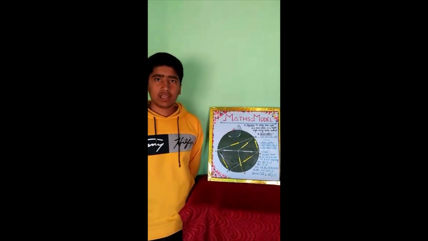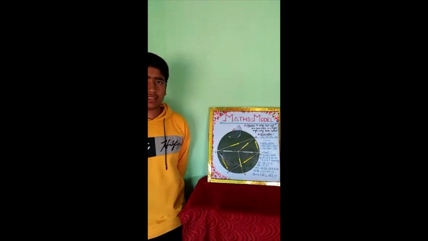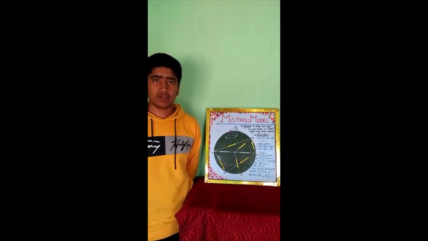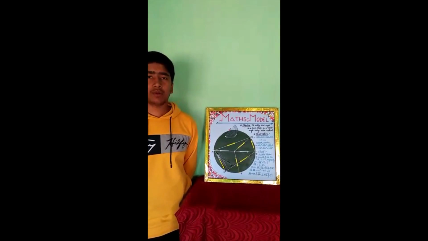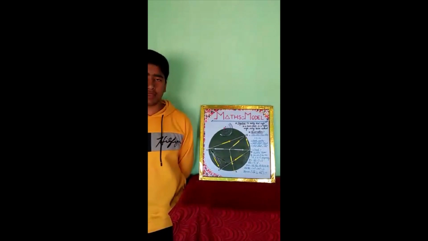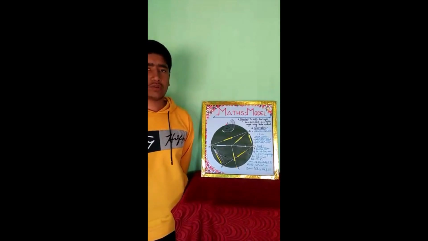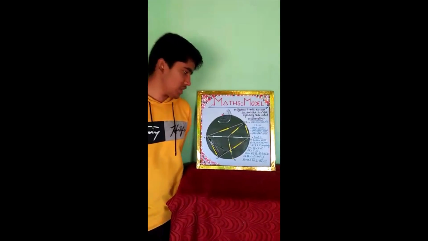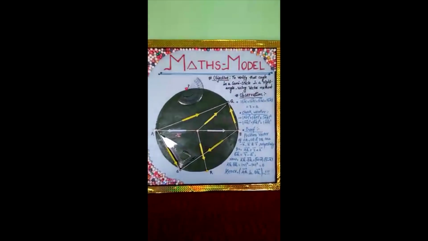My name is Jayvardhan Singh. I am a student of 12th class at Jawahar Navodaya Vidyalaya, Basdei, Surajpur. Today I am here to demonstrate an activity, and my activity is to verify that the angle in a semicircle is a right angle through the vector method. So let us see the activity.